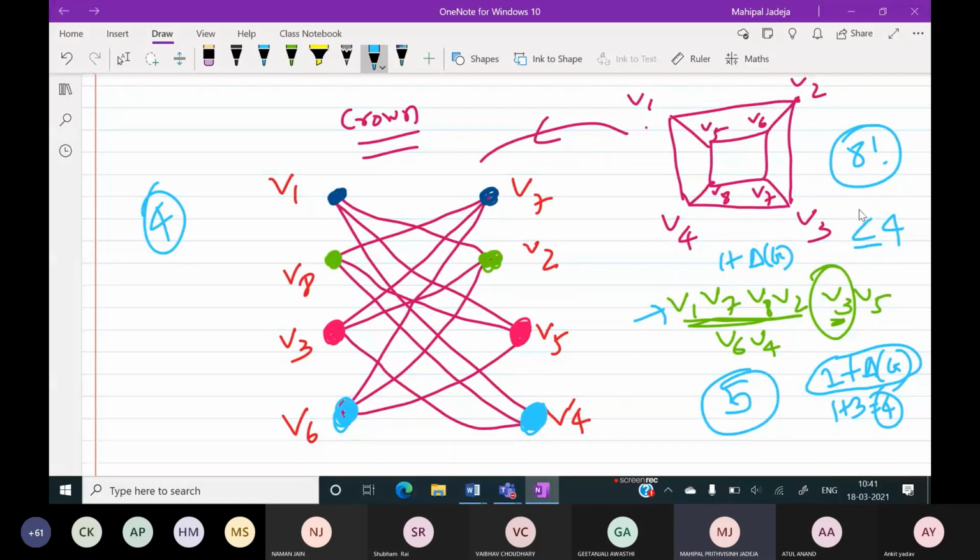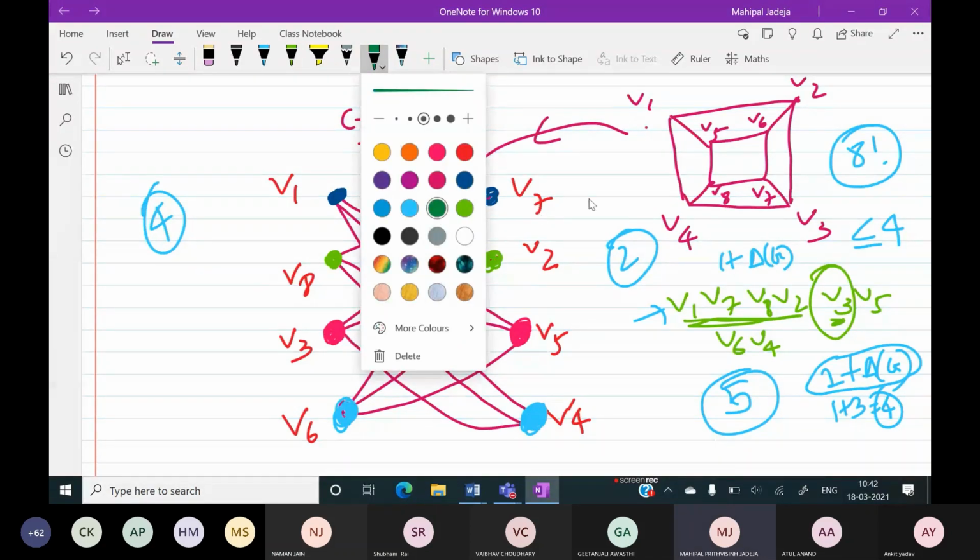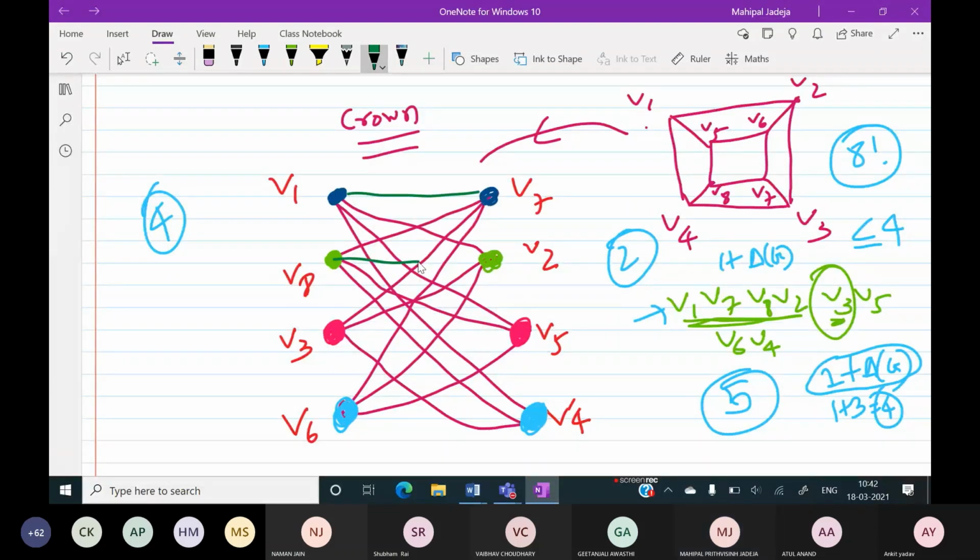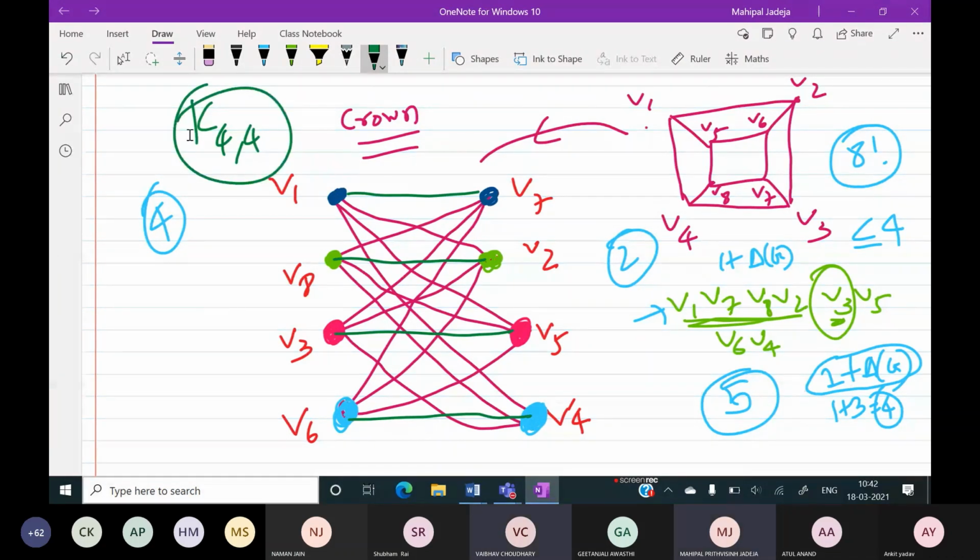In other words, we can say like that, right? The optimal answer is definitely 2, right? But we are not getting it in this particular case. So now, what will happen if I add horizontal edges? Okay, so let me add these edges also. Now, this type of graph is known as a complete bipartite graph, and it's nothing but K4,4. Right? So it will still be 2, the optimal answer. Optimal answer is 2. Fine.